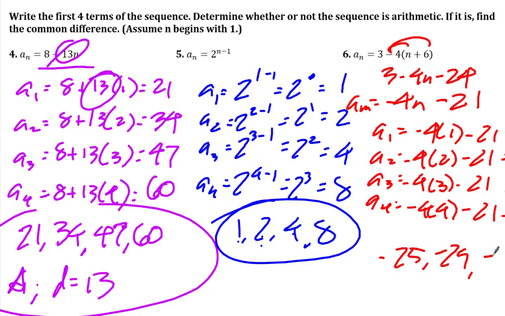Negative 29, negative 34, and negative 38. Lo and behold, negative 4 is indeed our common difference. It is arithmetic. Okay, now for the formula